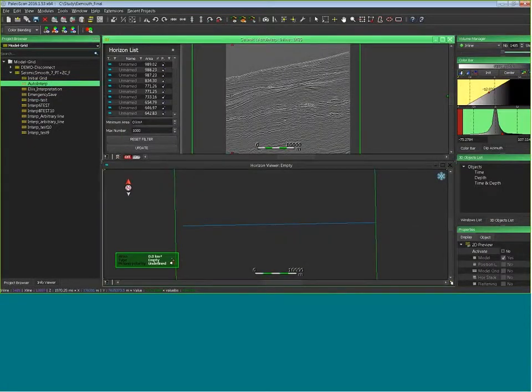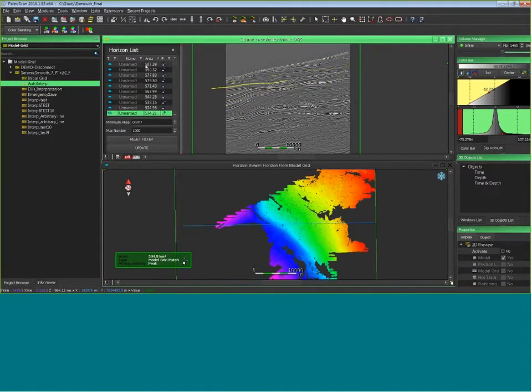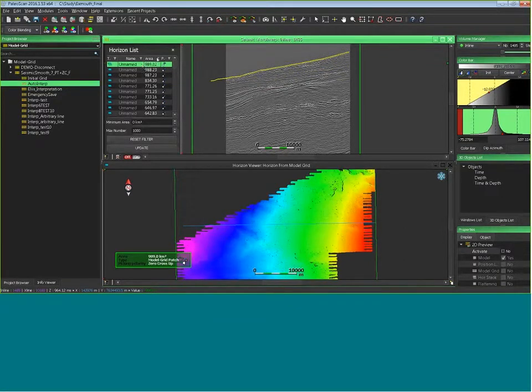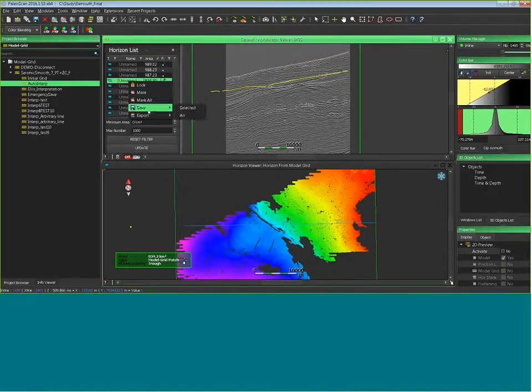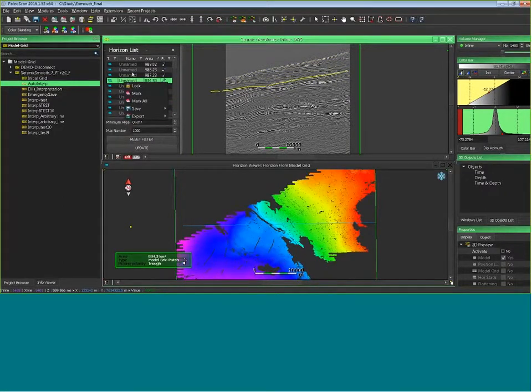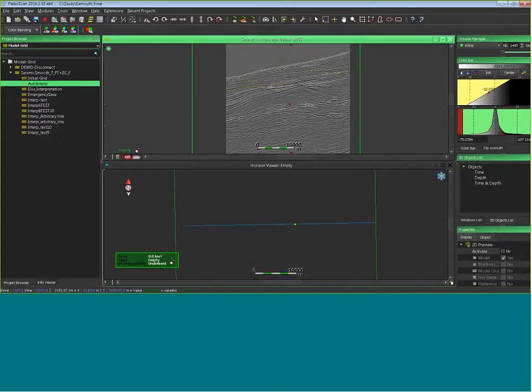Just organize my windows. First, as you can see, we also have a new horizon list on the left part. You still have access to all your horizons done automatically by PaleoScan, but this interface is much more user-friendly. You can sort by area, by polarity, by name, by type of horizon. And also, if you right-click on the horizon, you can mark, you can save, you can export directly from the horizon listing. We have much more action available directly from the horizon listing. We'll just close it. I don't need it for the next tool.